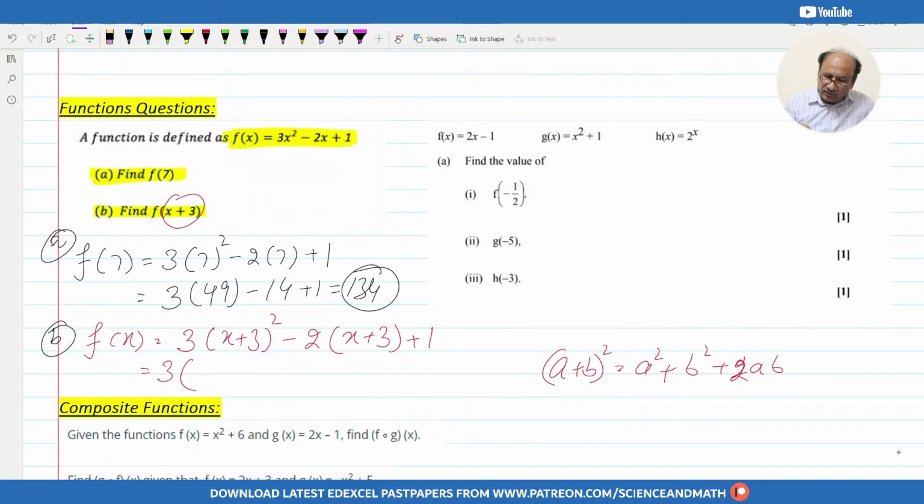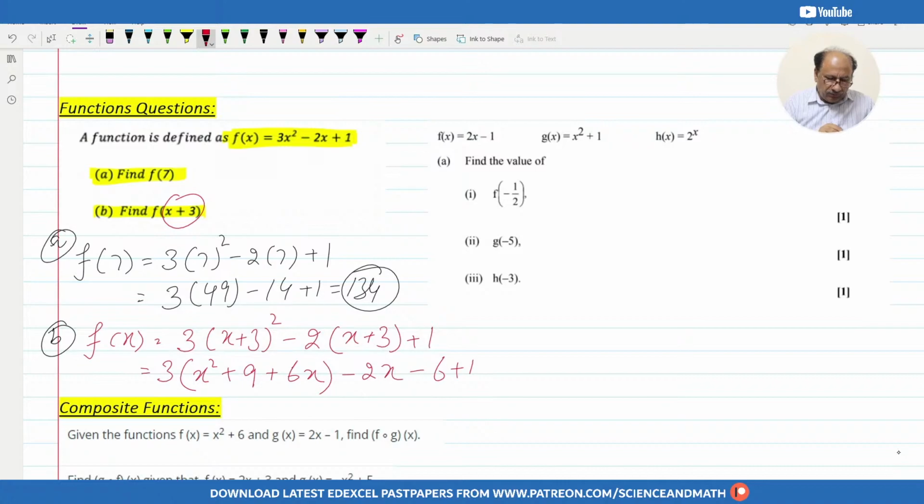I'm applying the formula directly and writing the result. So it will be x squared plus 3 squared, which is 9, plus 2ab, which is 6x. You can also multiply x plus 3 into x plus 3, you will get the same. And minus, we will open the bracket, so 2x and minus 2 into 3 will be minus 6,